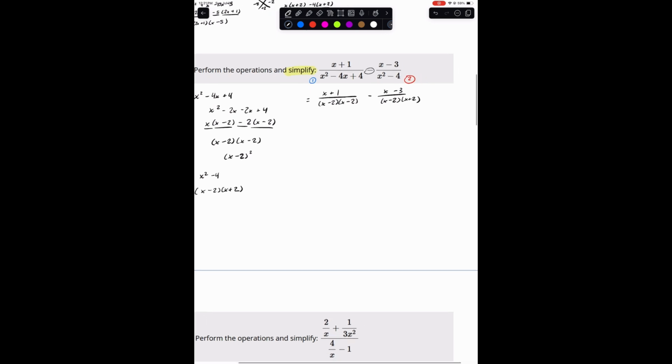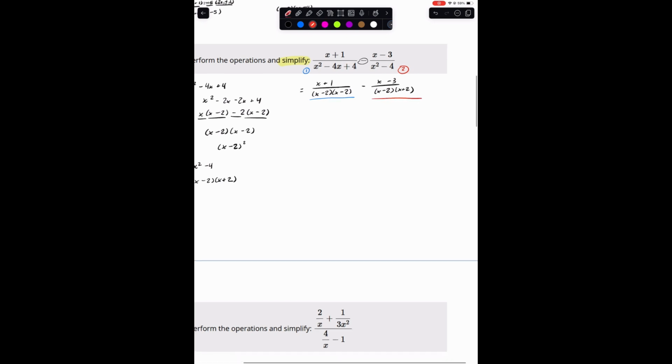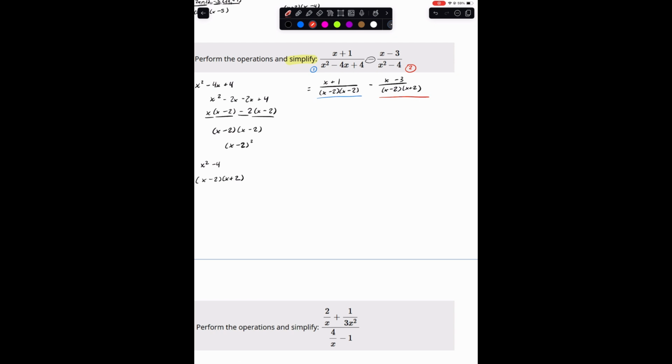If we look at our left fraction here, we're missing an x plus 2. And if we look at our right fraction here, we're missing x plus 2. Sorry, the left fraction is missing x plus 2, the right fraction is missing x minus 2. So we can rewrite this as x plus 1. So I get x plus 2, right? And here we get x minus 2 squared,